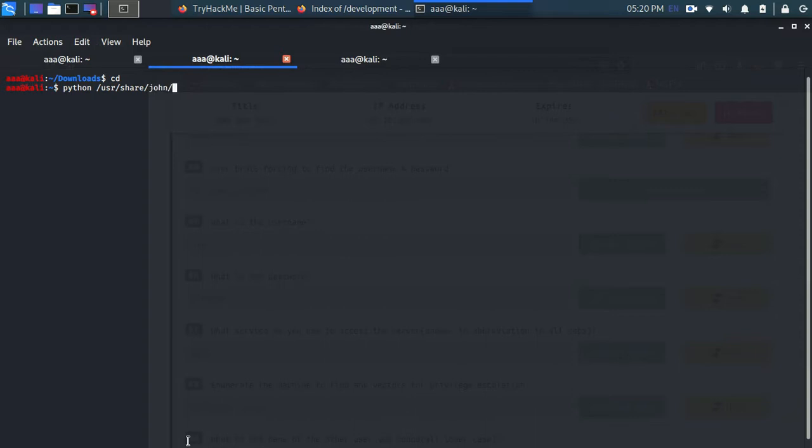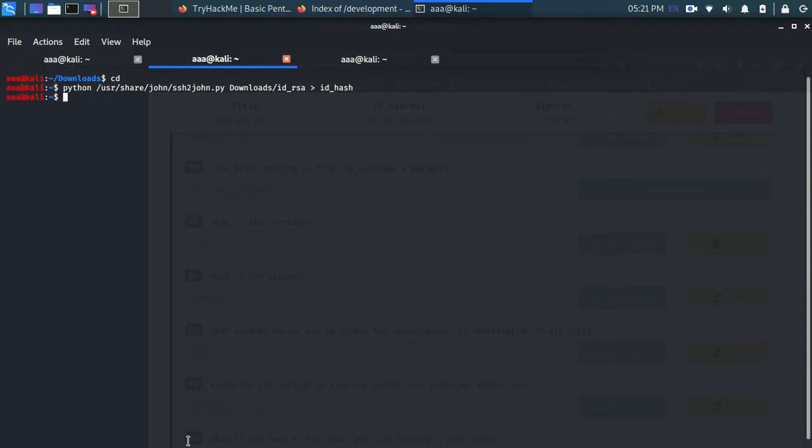Yeah, it's share john ssh2john.py. What this will do is convert this private key into a hash file. So let's name it id_hash. Maybe I can type anything, let's just put id_hash for right now, and let's press enter.